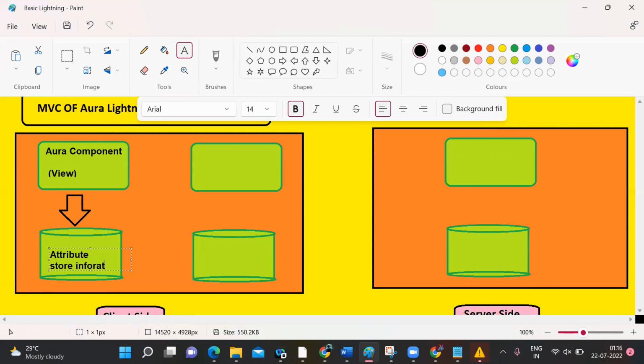Okay. Now I want to write the logic. When the user clicks on the add button, the output should be displayed: 10 plus 20, 30. So if you want to write the logic in an Aura component, we have a client side controller,